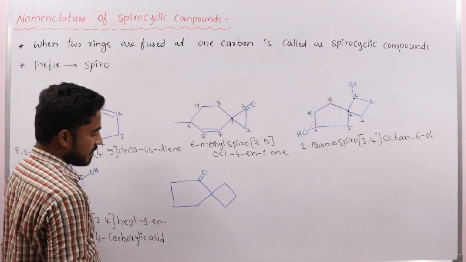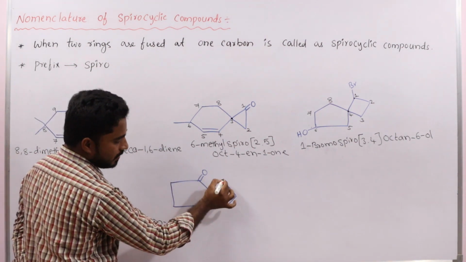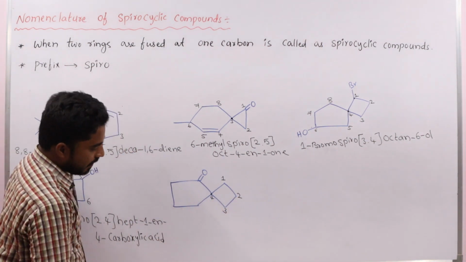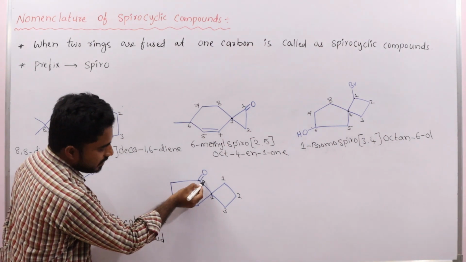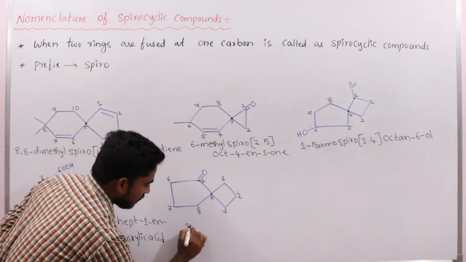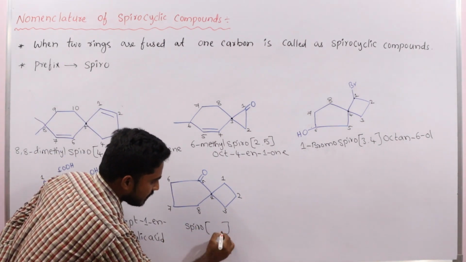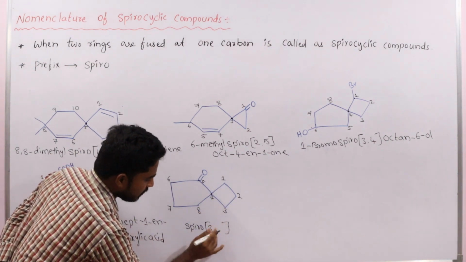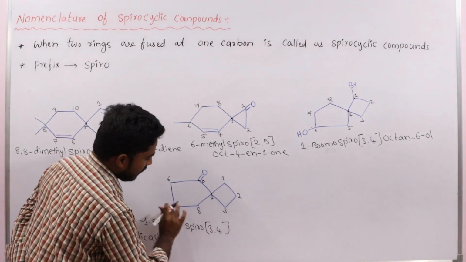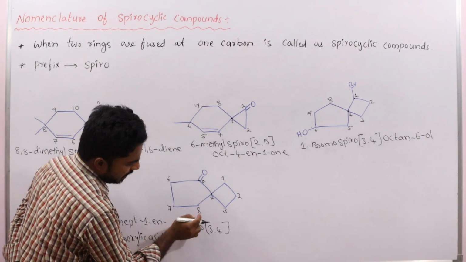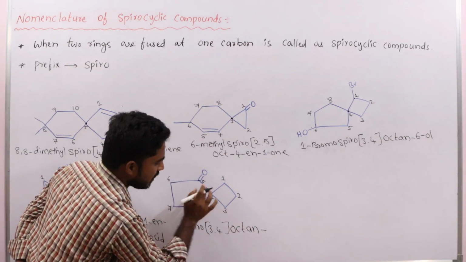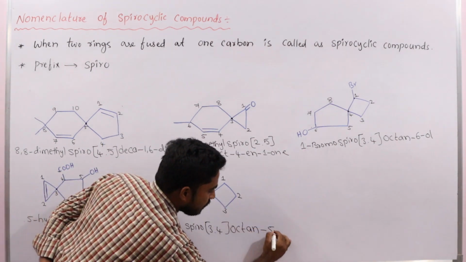Okay, let us see the last example here. This is the spirocarbon, then here the numbering is 1, 2, 3, 4. Then 5 for which carbon? To this carbon, because it has the functional group. 5, 6, 7, 8. Then spiro brackets 1, 2, 3, 3 dot 1, 2, 3, 4, 3.4, in ascending order. Okay, then what is the root word here? Totally 8 carbons are there, that's why oct, saturated, that's why ane. Okay, at the 5th position a ketone functional group is there, that's why 5-one.